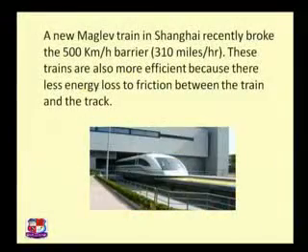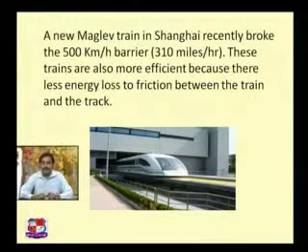Now if we go further, this is one example cited here: a maglev train moving at 500 km per hour. The normal experience is a car or bike moving at 100 or 110 km per hour, but compared to that, here it is 500 km per hour. So if you want to go to a place that is 500 km away, it will take only 1 hour. This is a quite fast-moving train that is available in Japan and other countries.